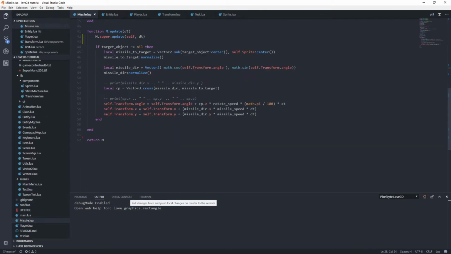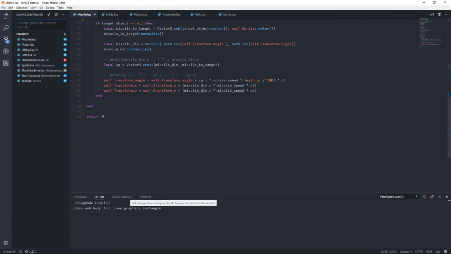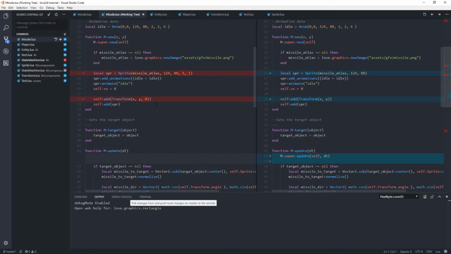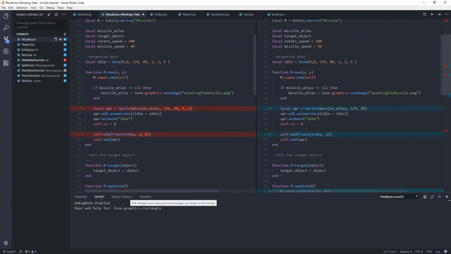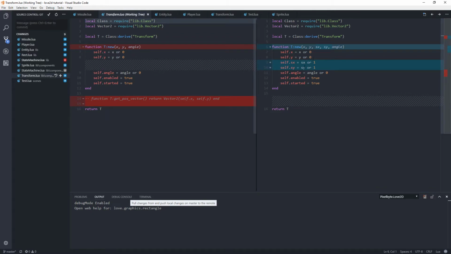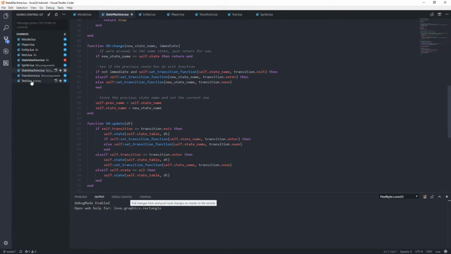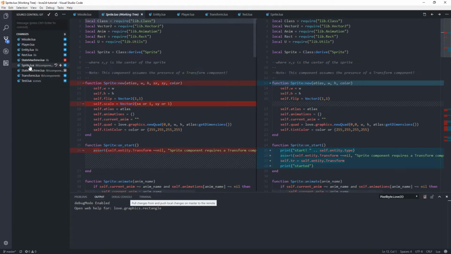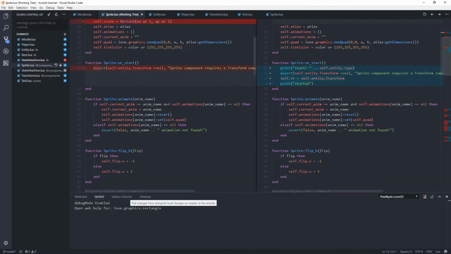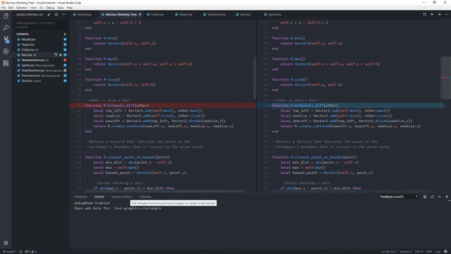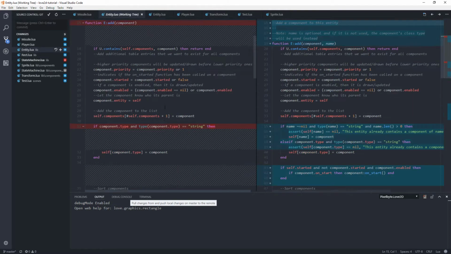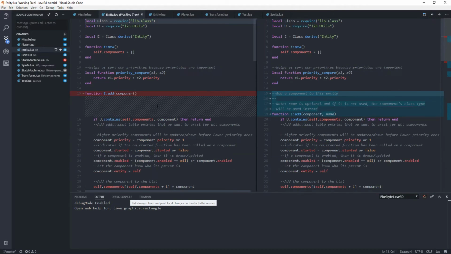We've done a lot of stuff, a lot of refactorings. You can see we've got a bunch of differences here. We moved the state machine, we componentized it, had some changes in the missile since we changed our sprite because we added stuff to our transform, mainly the scale. Yeah, and we had to do some changes to sprite, and of course we got this guy's name right, Minkowski instead of Minowski, and we added